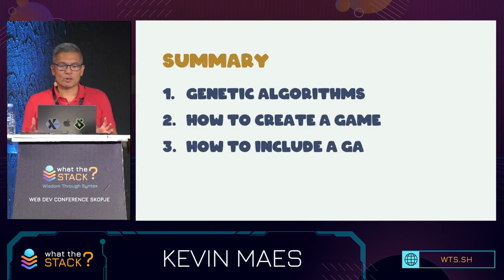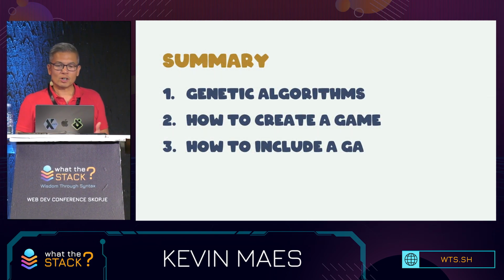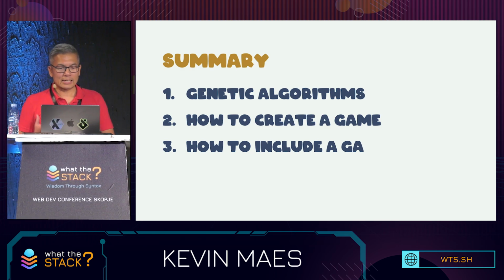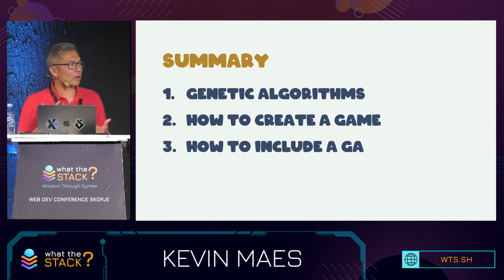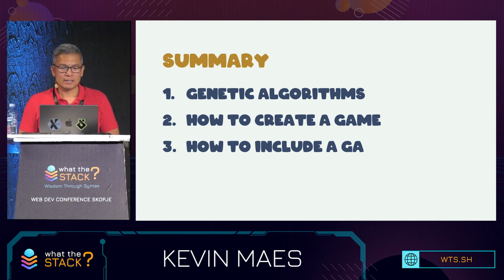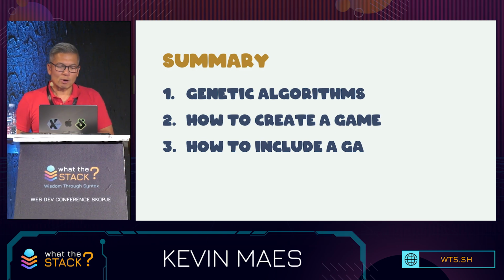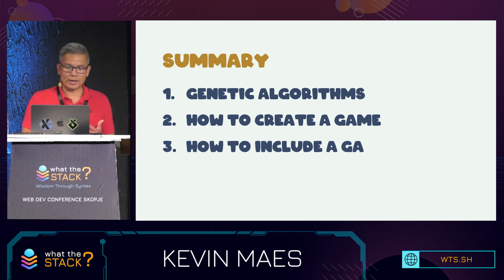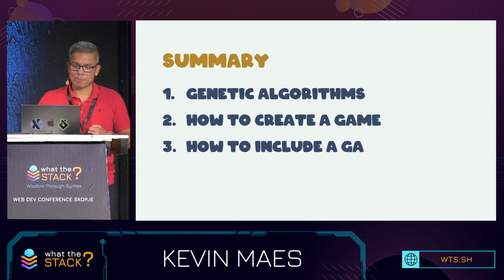So in summary, we've learned about genetic algorithms and why or how they can be useful. We've talked about how to create a web game from scratch using React and Canva and XState. And we've looked at AI and illustration and sprite creation for character assets. And we talked about sounds and playing them in an app. We also looked at the GA and how we can use that to make things a little more dynamic and automated, but with some note to some difficulties that we ran into along the way.